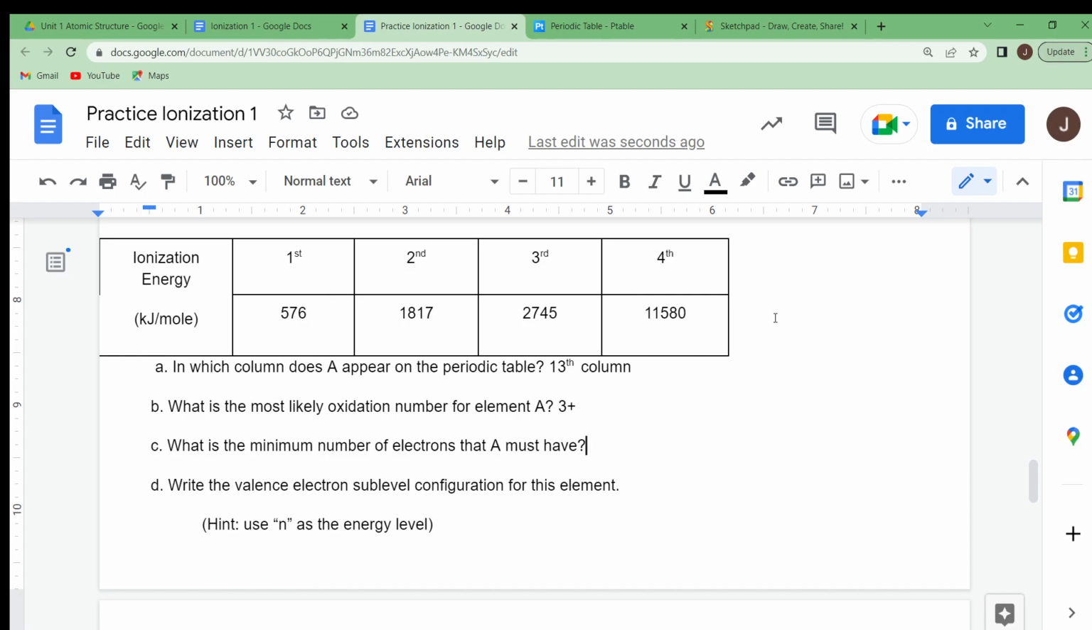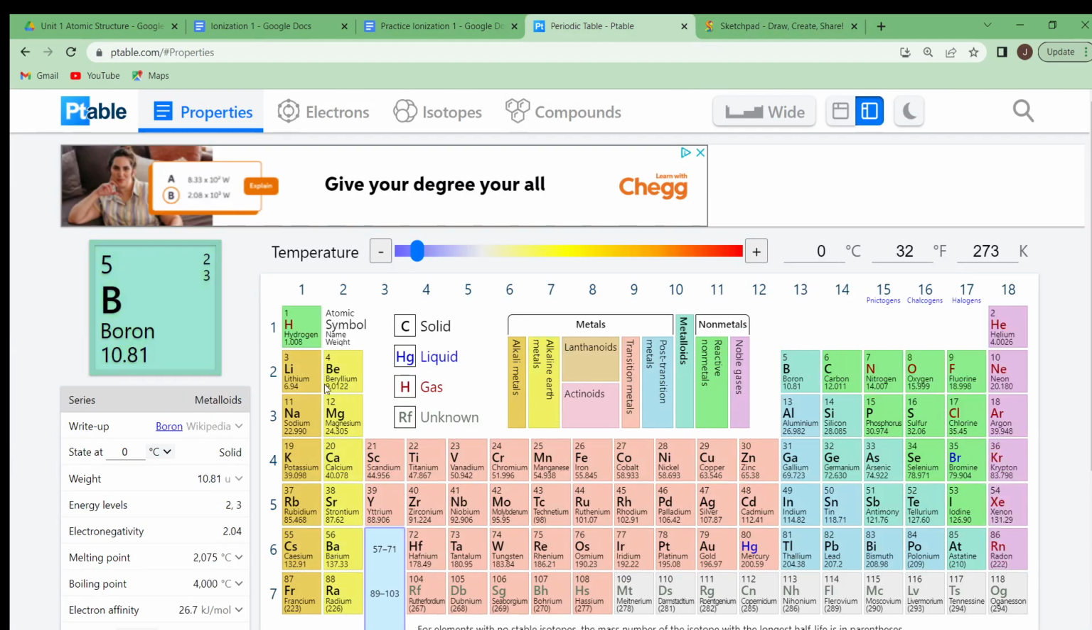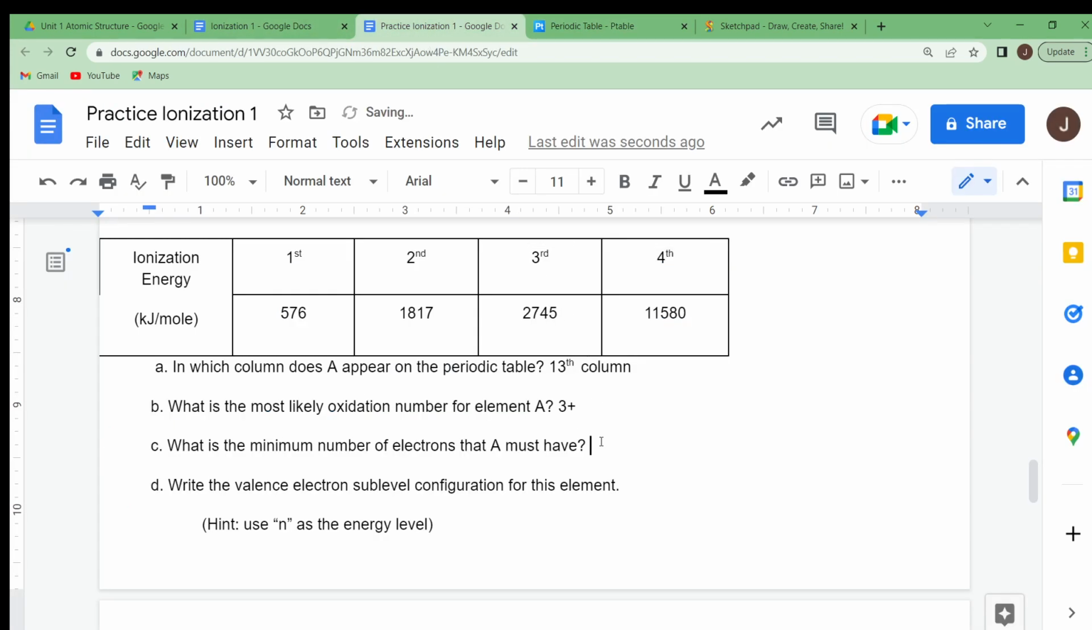Question C right here is asking what's the minimum number of electrons that A must have. All right. And again, we could take a look at the periodic table here. We know that it's in this column, okay? And we see that boron is an atom that it could be. Boron has 5 electrons. The only one that it could be with the least amount of electrons is boron. So we would go ahead and put 5 for this one right here. Okay? Because you have to be able to lose at least 3, and then it has to have 2 in